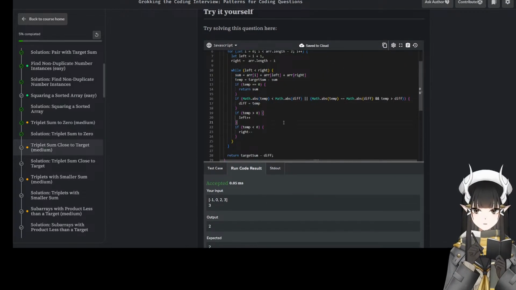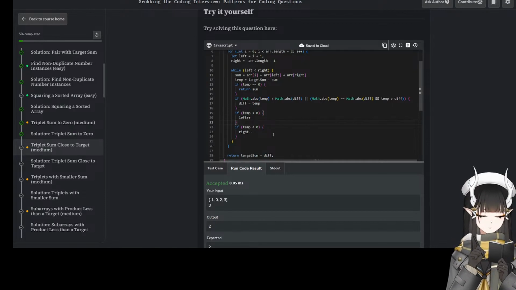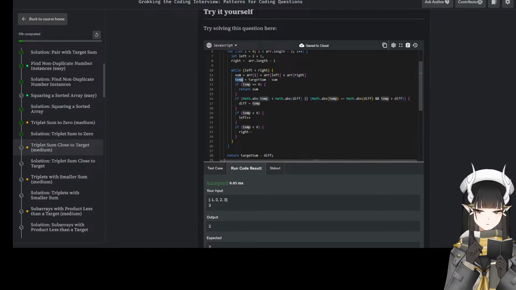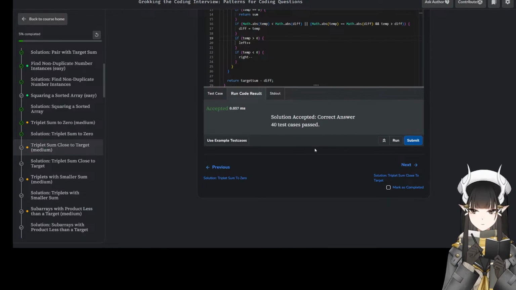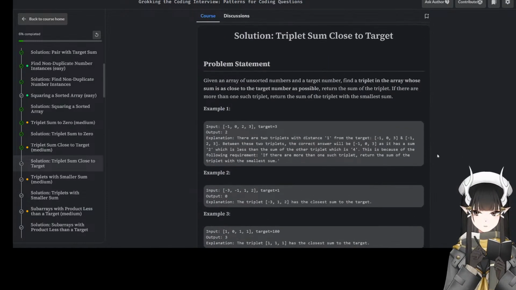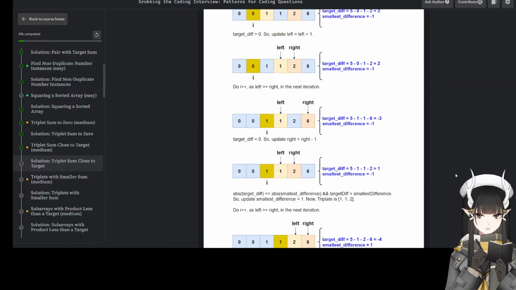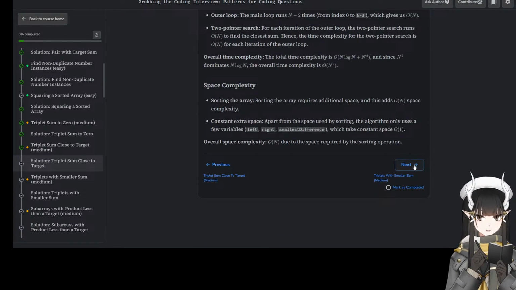Oh, if I reverse it, then I should look at the absolute value. Oh, okay. Why am I hurting myself? My brain is hurting me. My body is hurting me.